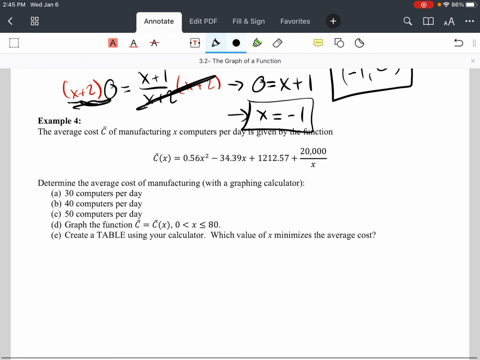All right, example 4, we are going to be doing on our calculator. So I will post a separate video using the graphing calculator to show you guys exactly how to work